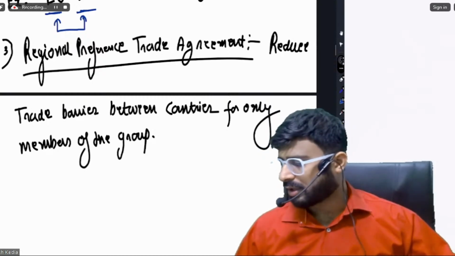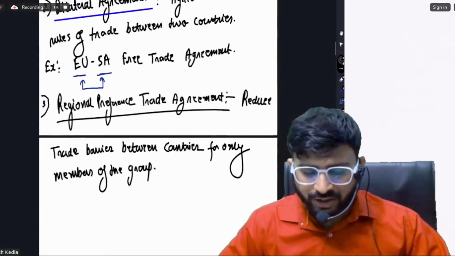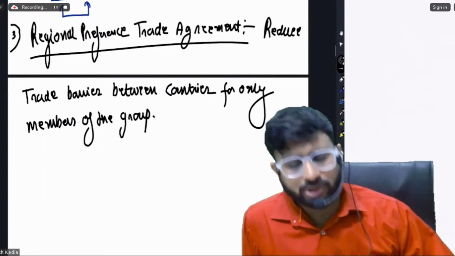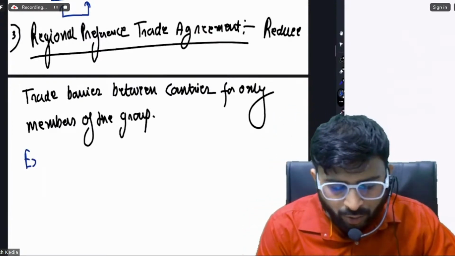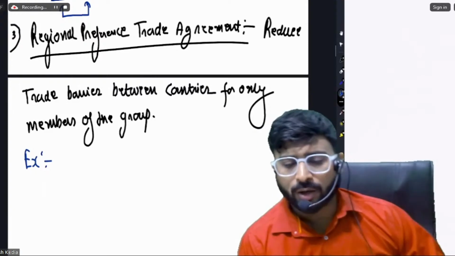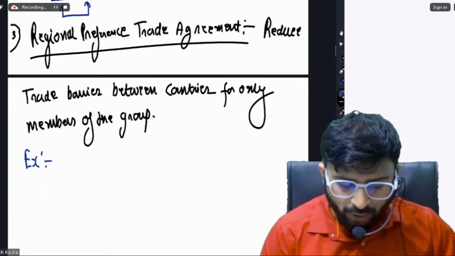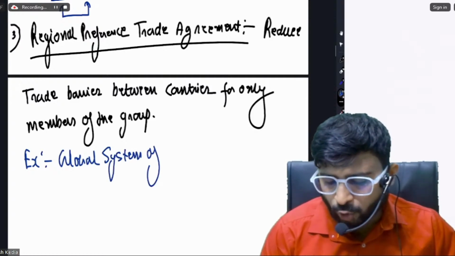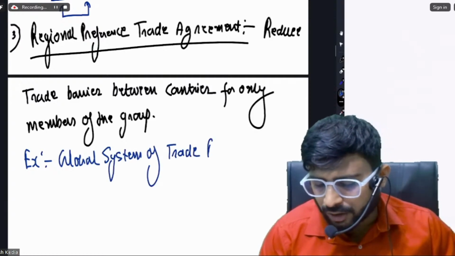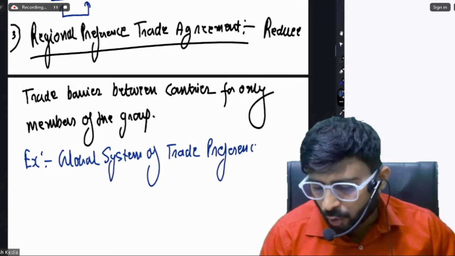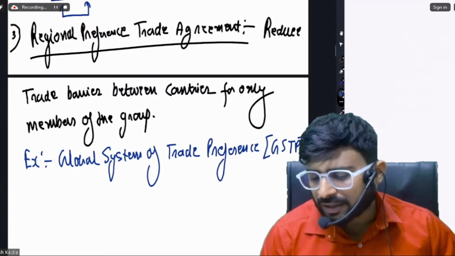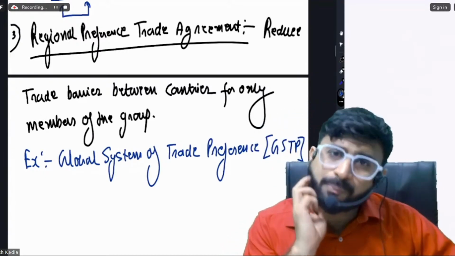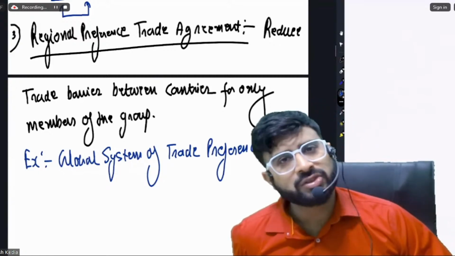Great news. Done, sir. Sir, we have understood regional preference trade agreement. Sir, can you give an example? Yes, global system of trade preferences. It is basically which countries are willing to come together to make up that agreement. So whichever countries want to come together, they can form this group. बेसिकली होगा क्या यहाँ पर कि जो कंट्रीज साथ में आएंगी वो एक दूसरे को फेवर करेंगी इन टर्म्स ऑफ कम टैक्सेस चार्ज करना या फेवरेबल पॉलिसीज एक दूसरे के लिए बनाना, वैसा काम चल रहा होगा.